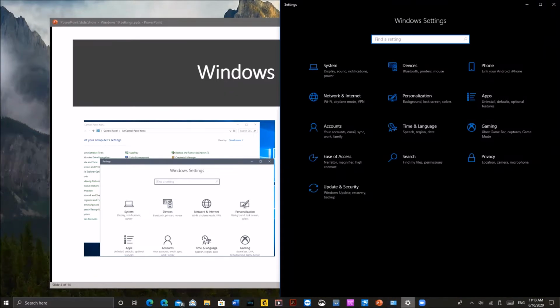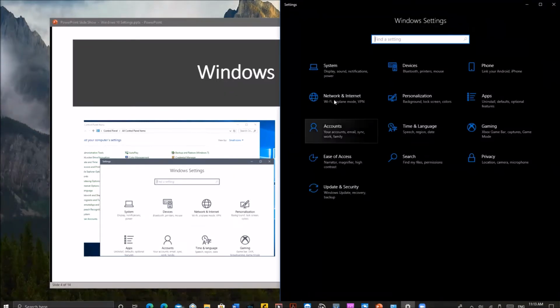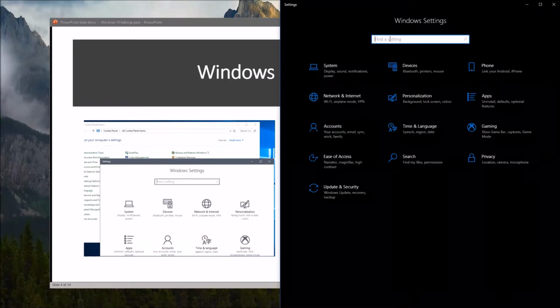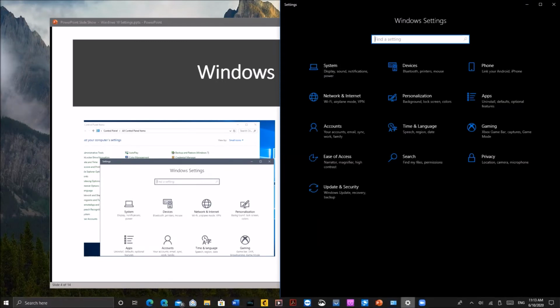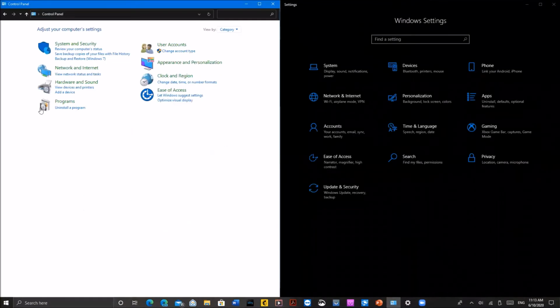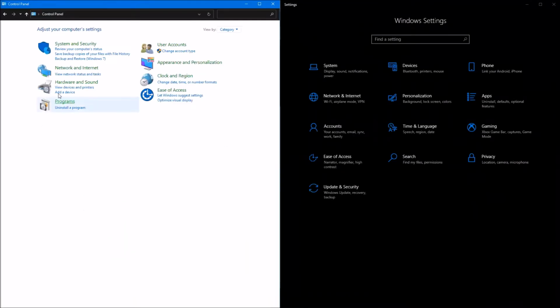So here's the Windows settings menu. And as you see, there is a search area right here that you can just type in whatever you want to do, and then Windows will find that for you. And I'm going to put up the old control panel here. As you can see, the old control panel has things laid out in a very similar fashion as the new one. So you can easily find